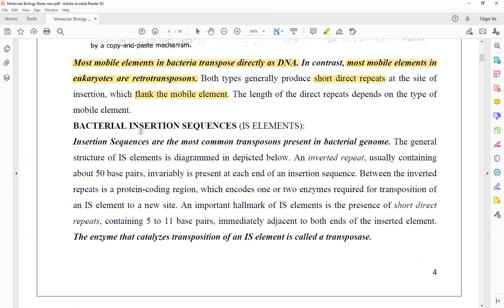There are several different types of transposable elements that we are going to talk about: bacterial insertion element, Tn10 element, and other different types of transposable elements. But before we move forward, let us have a view of the cut and paste mechanism and the copy and paste mechanism, how cut and paste and how copy and paste actually takes place. कट एंड पेस्ट और कॉपी एंड पेस्ट कैसे होता है, ये हमें यहाँ पर देखना होगा.